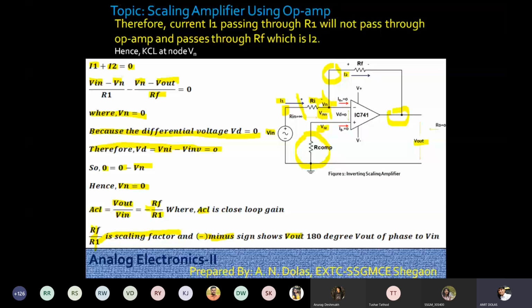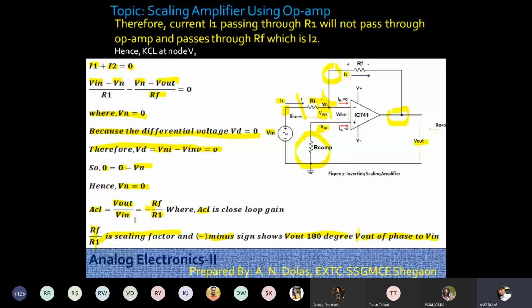shows that the output is 180 degrees out of phase to Vin. Meaning if my input is say +1 volt, my output will be -1 volt, if the gain is 1, of course. If my input is -1 volt, the gain is 1 and the output will be +1 volt. So they are 180° out of phase. Input will be positive, output will definitely be negative. So the minus sign shows that input and output are 180° out of phase, and Rf by R1 is nothing but